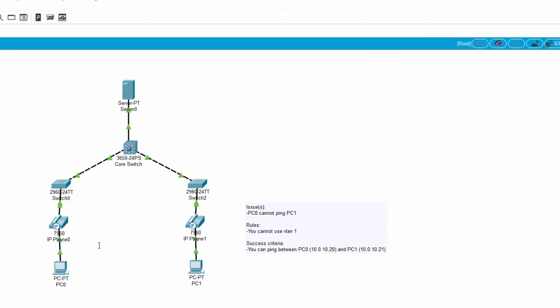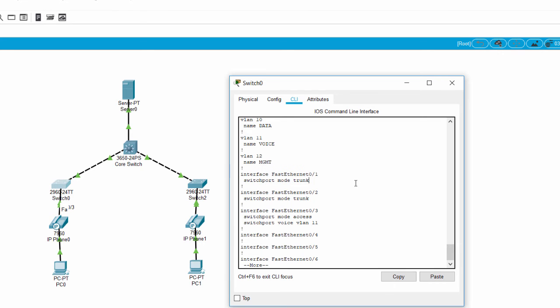So where I would start here would be to look at the switch port configuration to make sure that these devices are on the same VLAN and that VLAN is carried all the way between the switching topology. If I look here, I think port 3 is where we're connected on the switch. Just by looking at the config, I can see that it's switchport mode access and then voice VLAN 11. So voice VLAN 11 means that the phone's tagged traffic is going to be on VLAN 11,